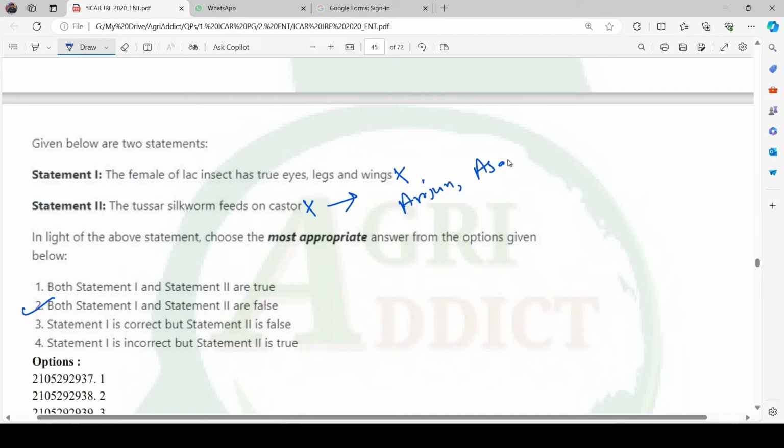Asan, in these plants. The scientific name of Arjun is Terminalia arjuna, the scientific name of Asan is Terminalia tomentosa, then also Sal, Shorea robusta, then Ber, that is Ziziphus jujuba. So these are the host plants for Tasar silkworm, and castor is for Eri silkworm, that is Philosamia ricini. Castor is the major host plant, Ricinus communis, that is castor.